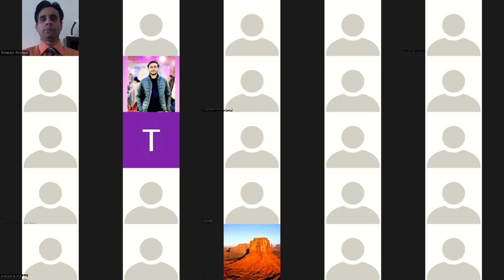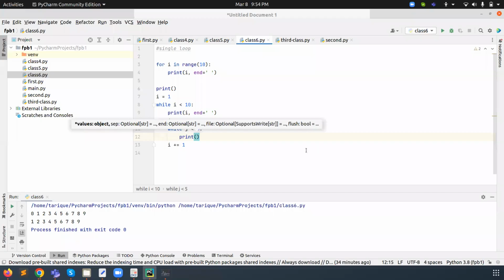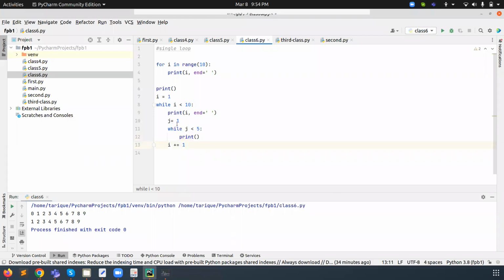Let me share my screen again. So what will happen here? We can use the nested while loop also. What can we do here? The inner while loop, and after that we are printing here I, comma, j.